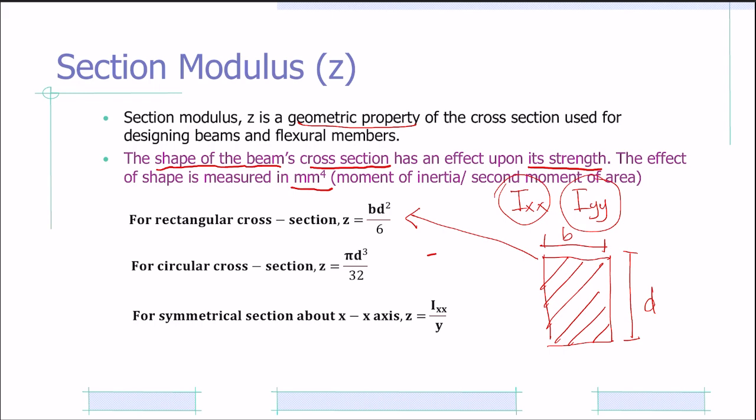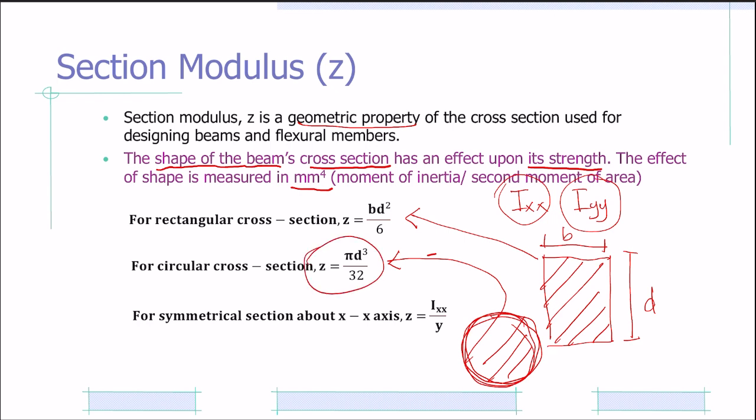For the circular cross section, Z equal to pi D cube over 32. This one also referring kepada a solid circular section. Then you're going to use this formula. But for beam, it is unusual to use a circular cross section. Therefore, kita takkan pakailah this formula. Okay, normally it is a rectangular cross section because this is timber, especially then kita akan pakai the rectangle,